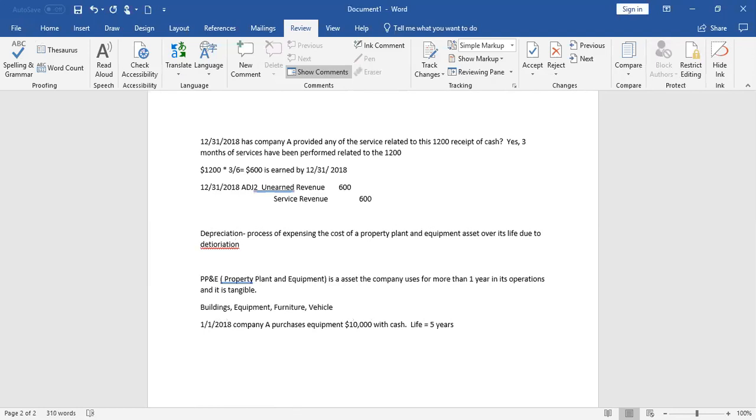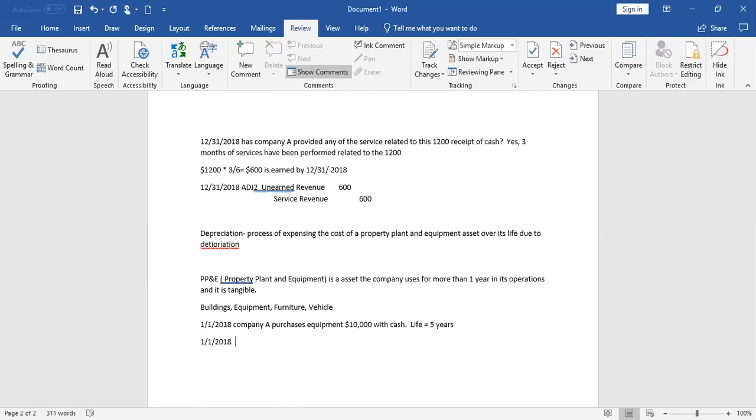Now, the company usually determines how long they will use it. That's its life. Okay. In chapter 9 or 10 of your book, we show you a couple different ways to actually calculate the amount of the expense. In this chapter, we just come right out and tell you the dollar amount of the expense. But for now, let's